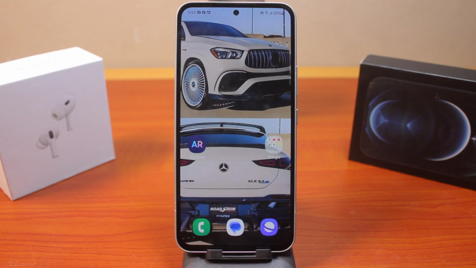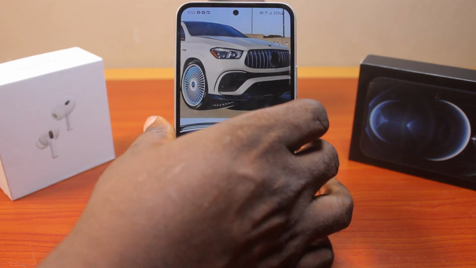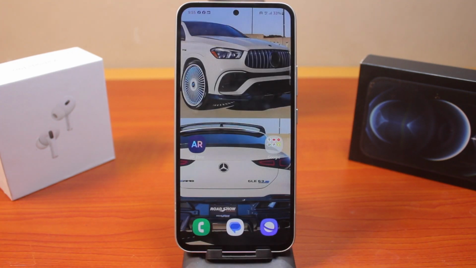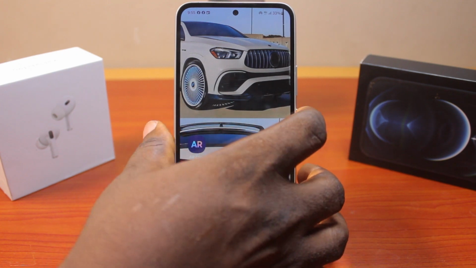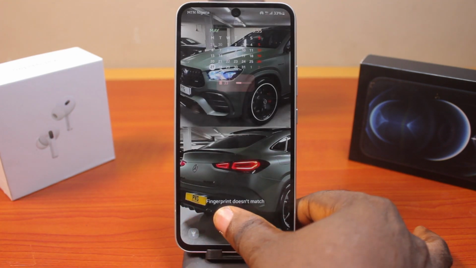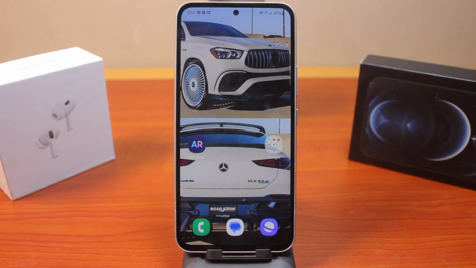Then let's go back to our Samsung phone home screen. So this is the home screen, and you can see this is the lock screen. And then let's go back to the home screen. This is our Samsung Galaxy home screen. So you can say this lock screen, home screen. So this is how you can easily set a different wallpaper for your Samsung phone home screen and